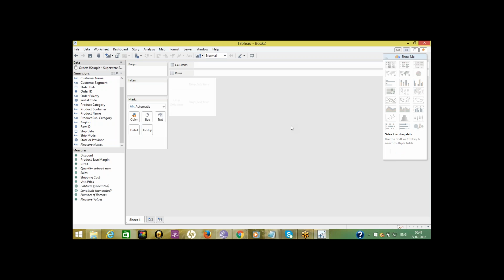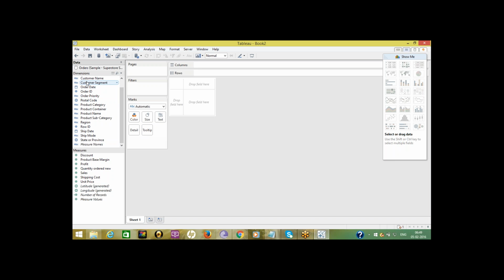Go to the worksheet. Here I have dimensions and measures. The dimension section contains columns containing information related to text and dates.